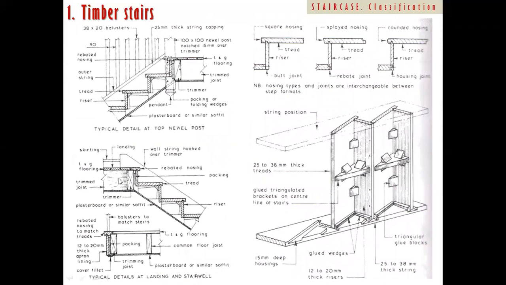Now this also I think we have covered, you may have seen. And in a tread and riser, there can be different levels of details also. So sometimes you may do this rounded one, you may do this plate one, you may do this square nosing, okay. And there are the rivet joint, the housing joint, these are butt joints, okay. So these are the kinds of details involved.